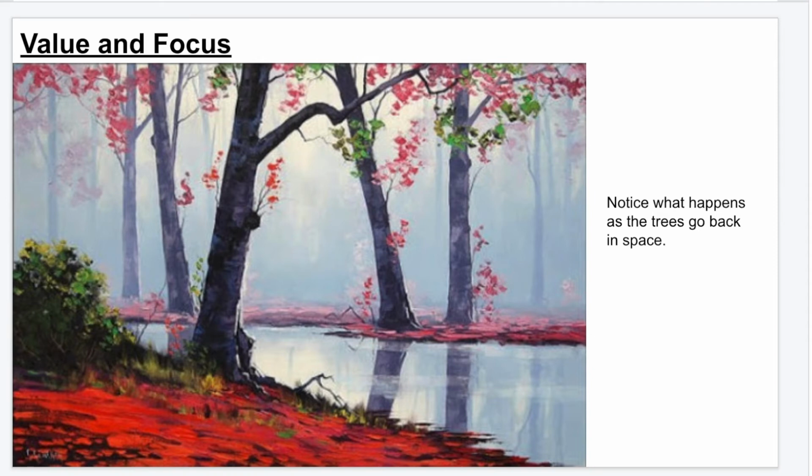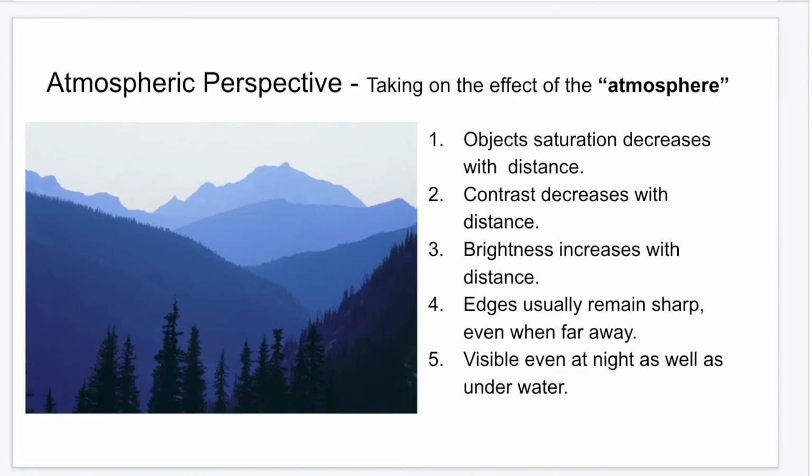Here's an example of value and focus. Look what happens to those trees as they go back in space. Atmospheric perspective is the effect of taking on the atmosphere. As things go back in space, they get lighter and brighter, even though the edges stay really crisp. This is that effect that we often see when we're looking out at the mountains,